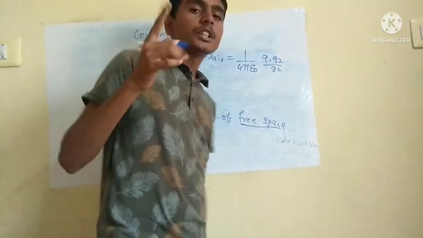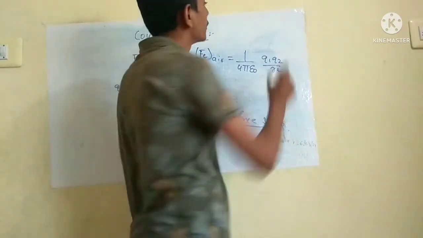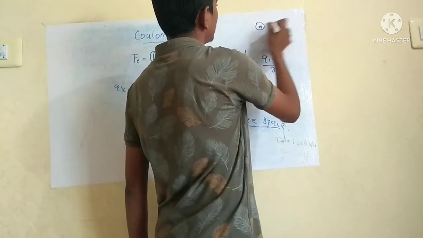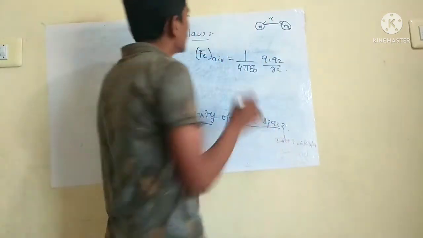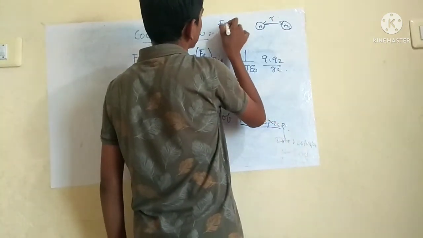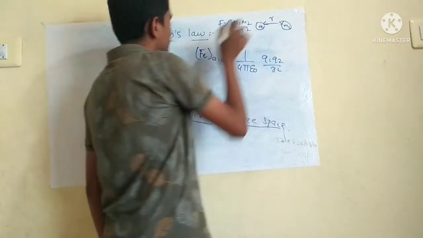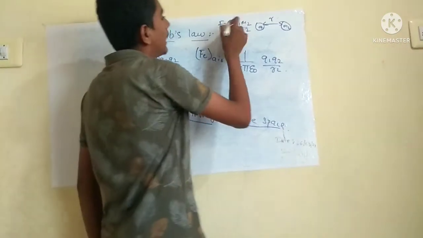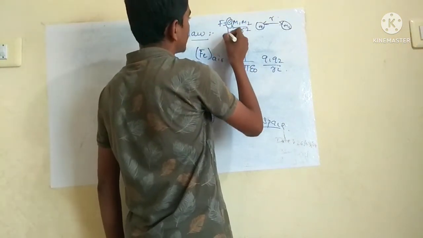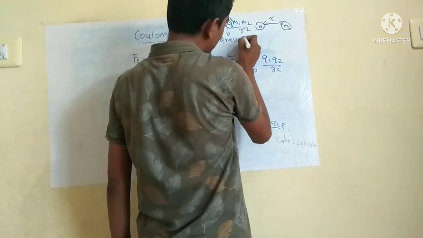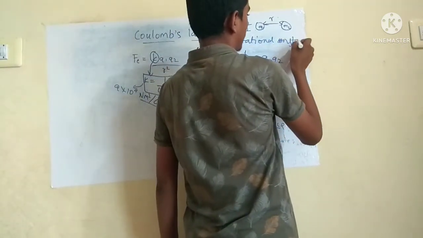Now, if you look into Newton's law of gravitation, that is also similar to it. If you consider any two masses m1 and m2 which are r distance apart, then the gravitational force between these two objects will be defined as G m1 m2 by r square. Here mass, here charge, distance is the same, and here the proportionality constant is k. Here G is the gravitational constant, and it is the same everywhere.